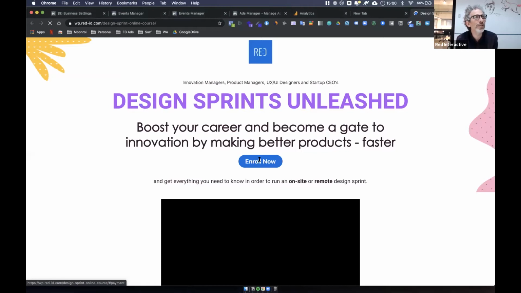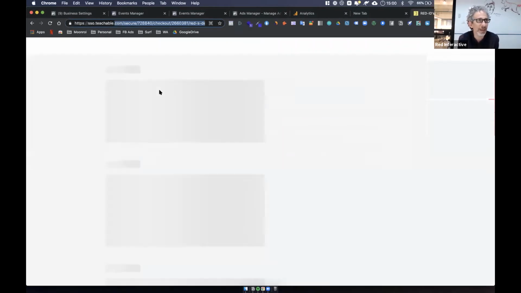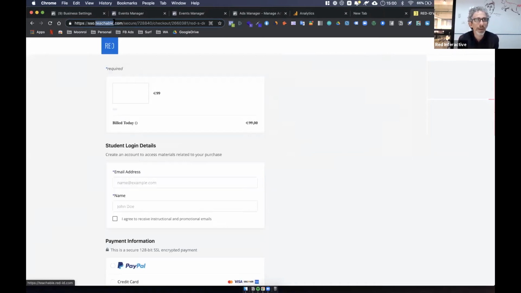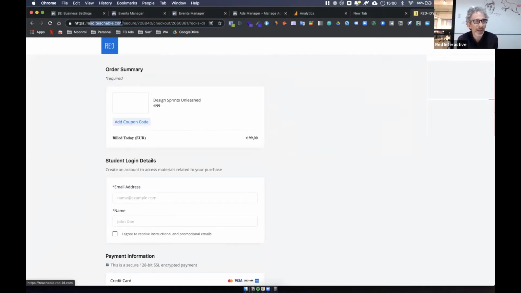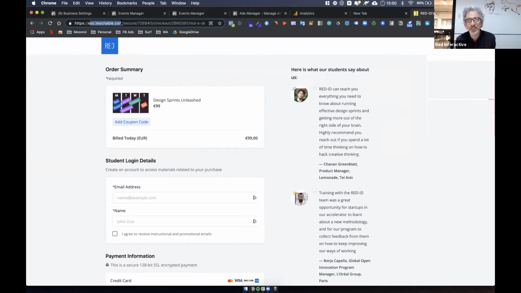So our main domain is here. You can see wp.redid.com. That's the main domain. It's ours. So I own red-id.com. That's our main domain. And here we go to teachable.com, and we can't. And with the new thing, we used to have a code there, and Teachable supplies a Facebook pixel interface. But now with the new tracking, it was not getting there. Jaime, do you want to explain why it is so important that we track these?